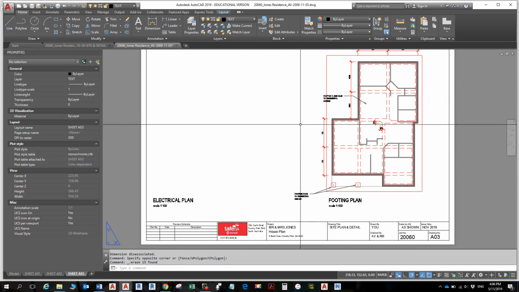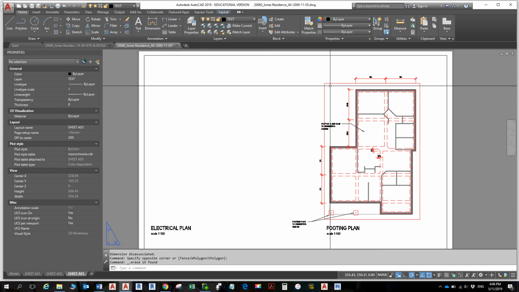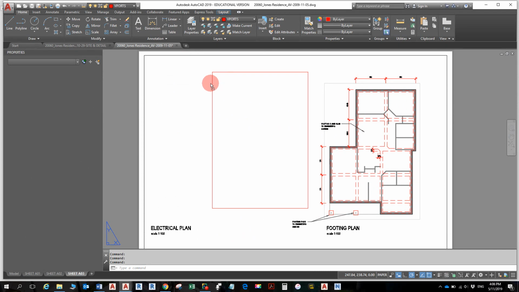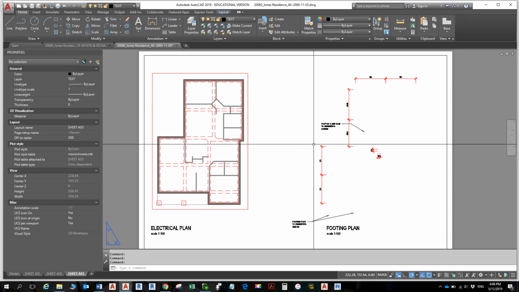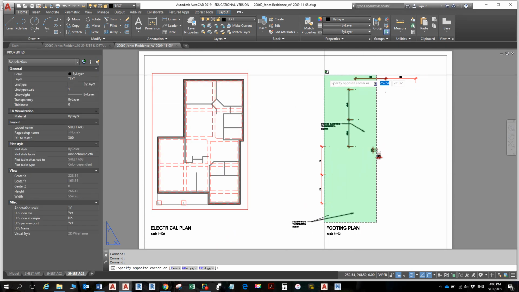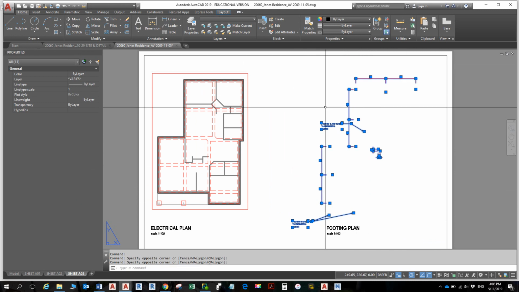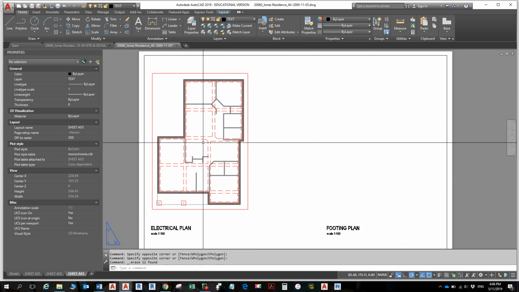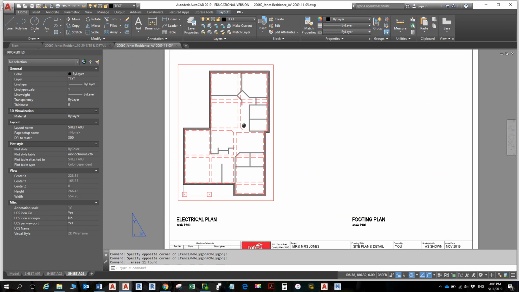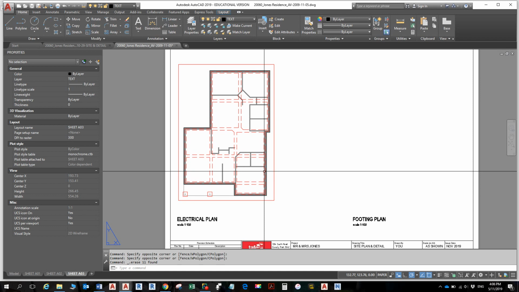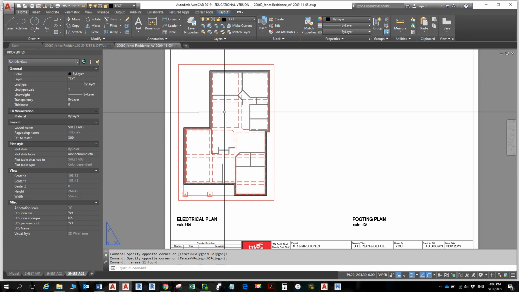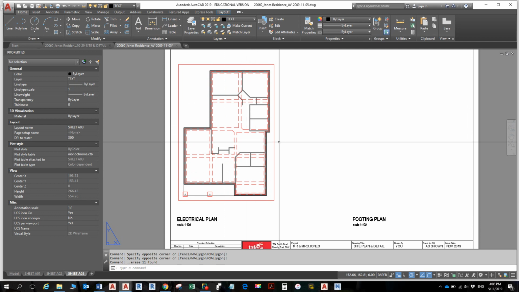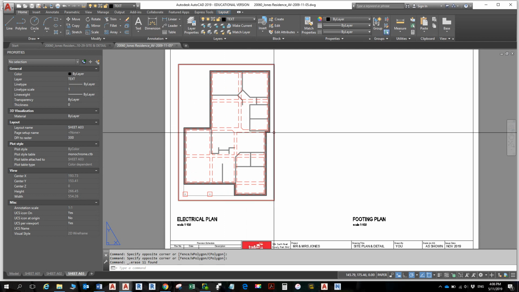And we don't want any of these dimensions or text on here either. But first of all, I'm going to move this over. I'm just going to click and drag on it like that, put it there, and I'll delete all this other stuff here, just leaving the two titles there. Well, we've got to turn off some layers, but we've got to actually trace around this. Now, let me just go in here, double click on the viewport,